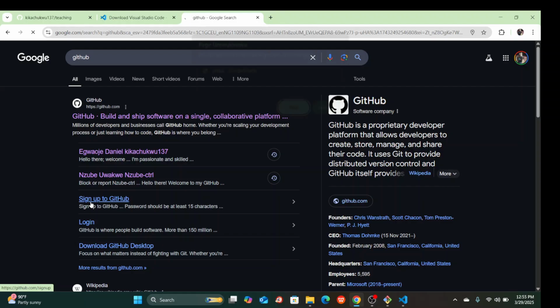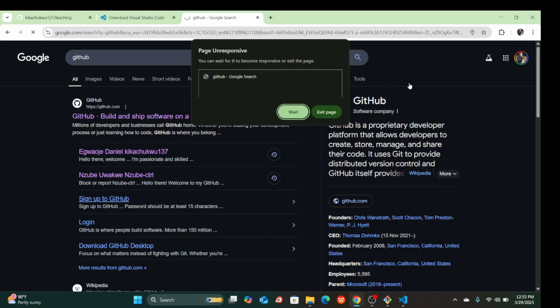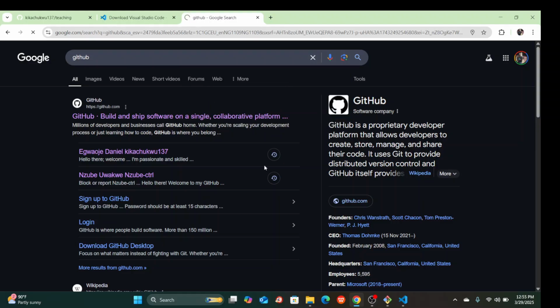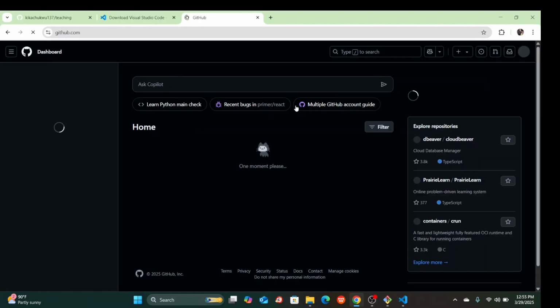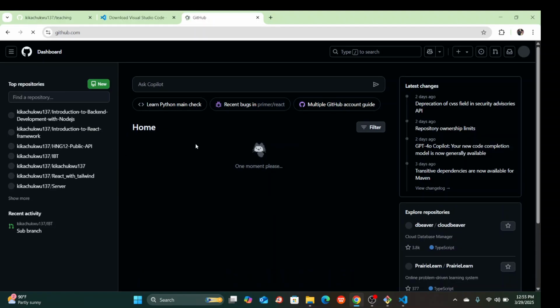I don't know what's wrong with my internet speed today, or maybe my network. It's taking a long time to load, and it's not even bringing it out on time. So this GitHub,